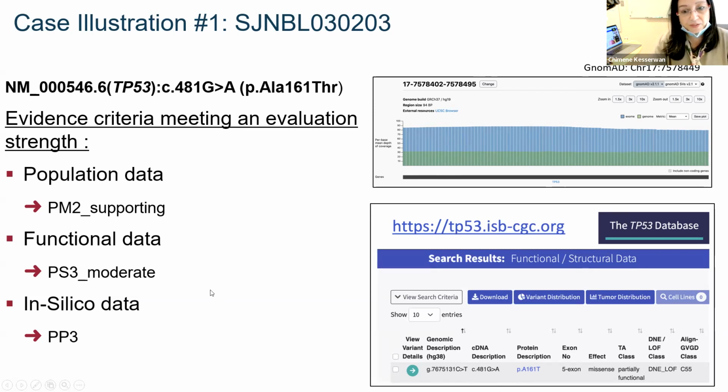So according to this VCEP group, we gave a PS3 moderate for this variant,